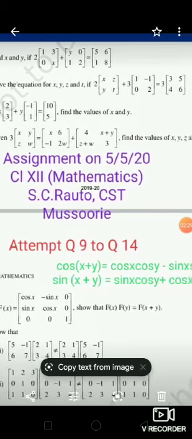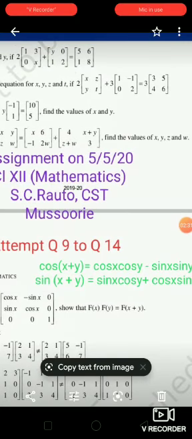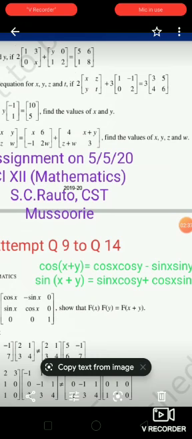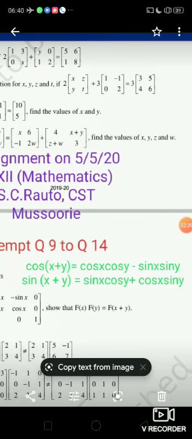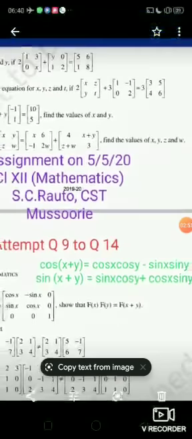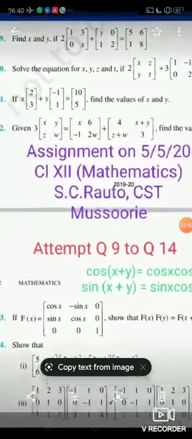Coming to question number 10, you need to find out the unknown quantities x, y, z, and t. They are also elements, you can see it is visible. These two matrices, with the scalar multiplication given, can be added, and equating with another matrix of the same order, you can find the unknown quantities.